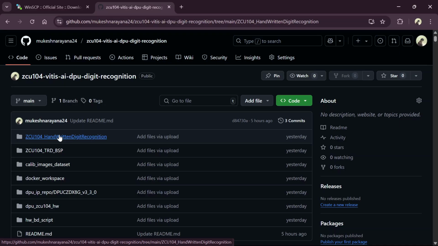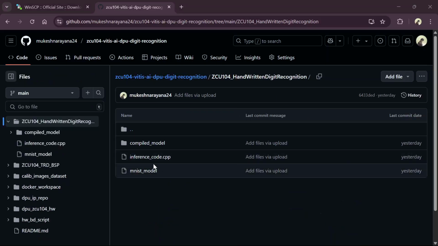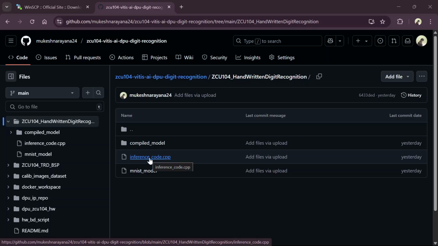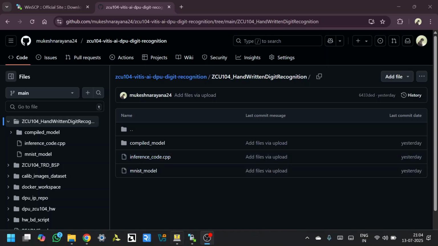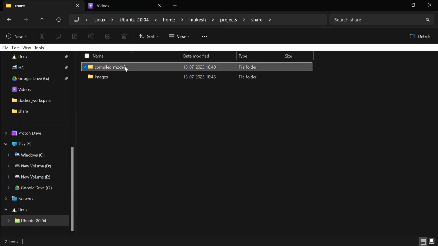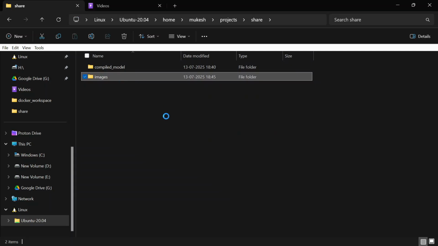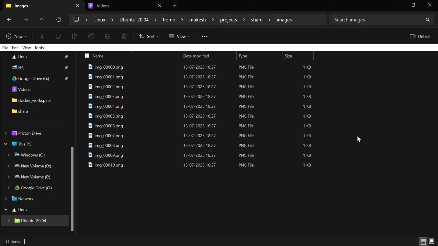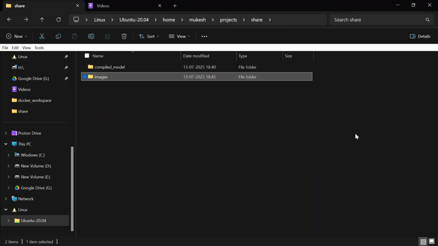If I open this, you can have the inference code here, which is going to run on the ZCU104. Since you already have the compiled model and sample images, and already generated your own .xmodel,